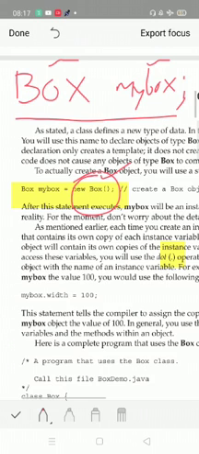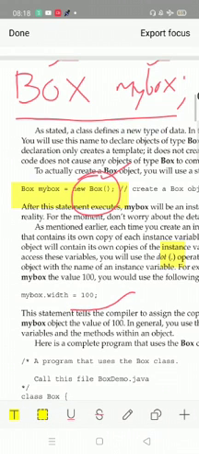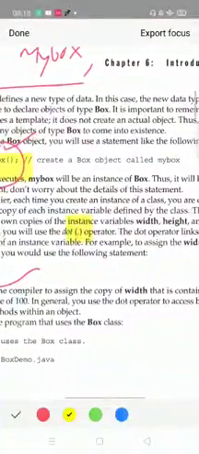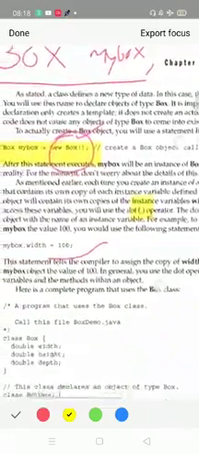Just go through it. So new keyword followed by, once again, the name of the class constructor you have to mention: Box followed by open and closing brackets. That's it. Just go through the comment line which creates the Box object.